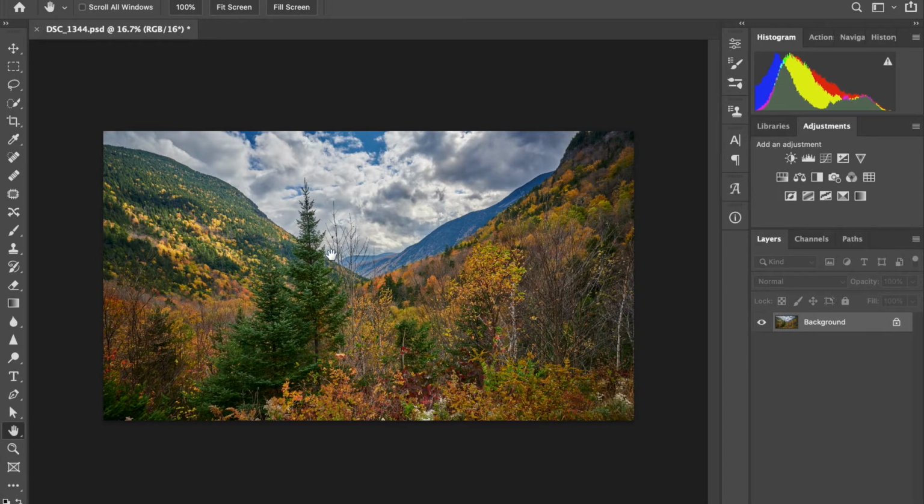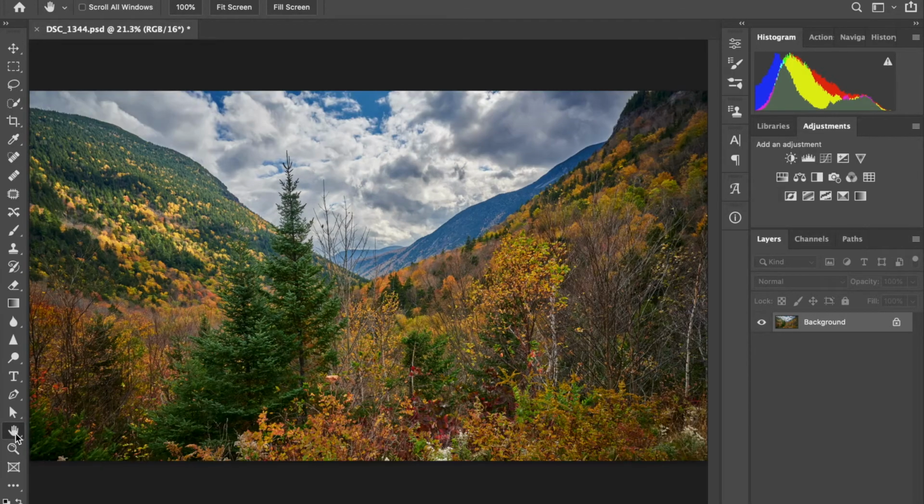So I want to use this image here. Nothing special about it, just an image I captured in New Hampshire this past October. But it's got a fair amount of sky, and it would be a good way to demonstrate the sky replacement and additional skies that I've used or created, and how you can do the same thing. So let's work on this image here. Let me just make it full screen. Let's duplicate the